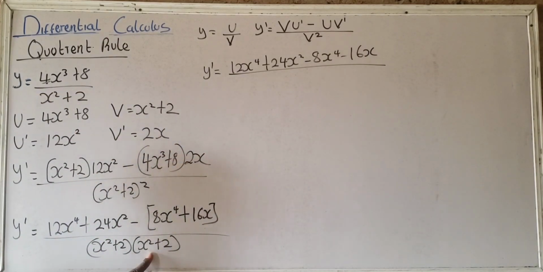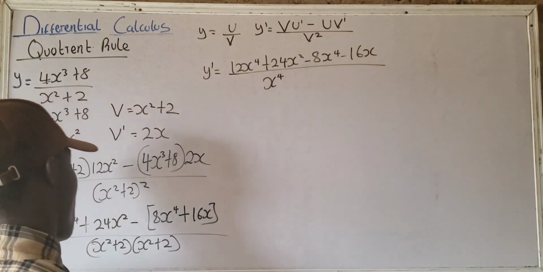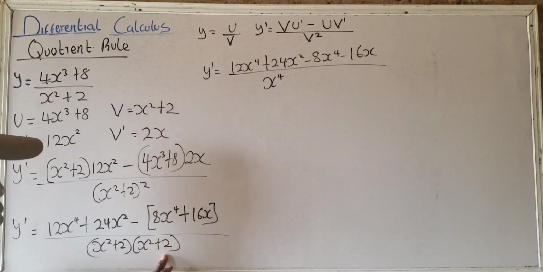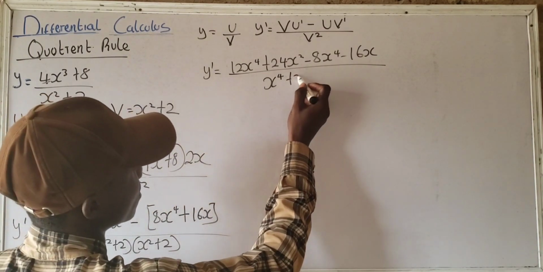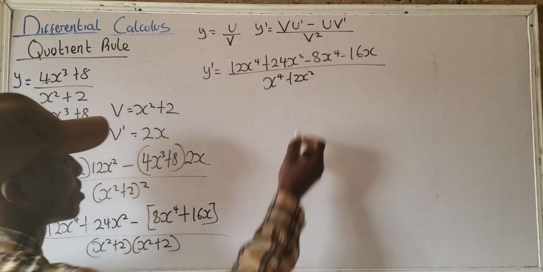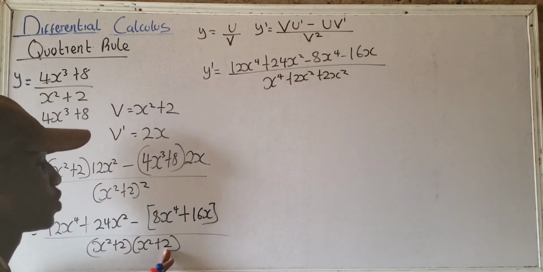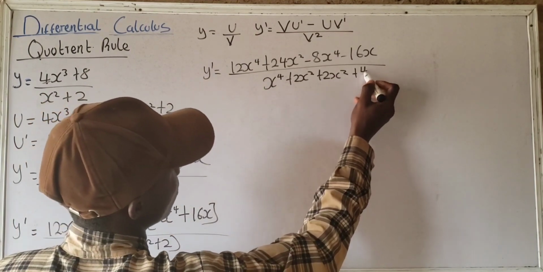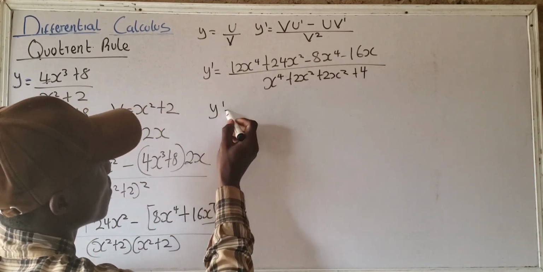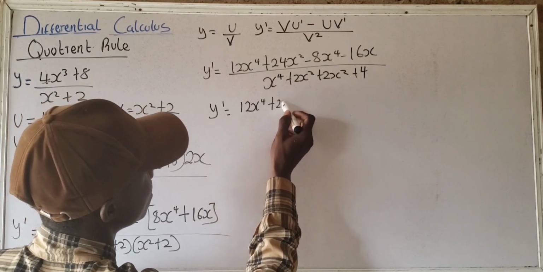X squared times x squared. That is what? x raised to the power of 4. x squared times plus 2. That is what? Plus 2x squared. 2 times x squared. That is what? Plus 2x squared as well. 2 times 2. That is what? Plus 4. Okay? Derivative of y is equal to 12x raised to the power of 4 plus 24x raised to